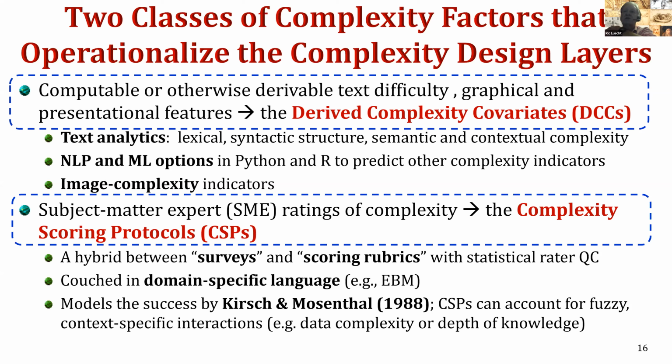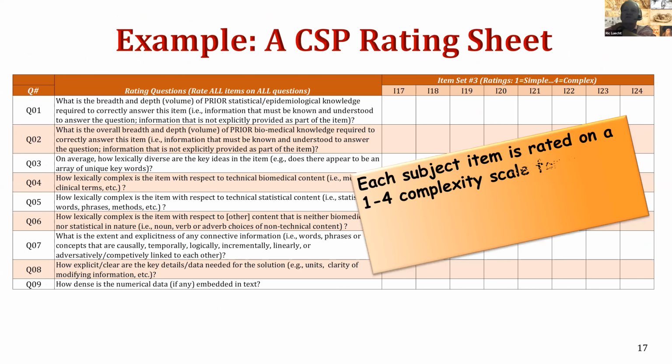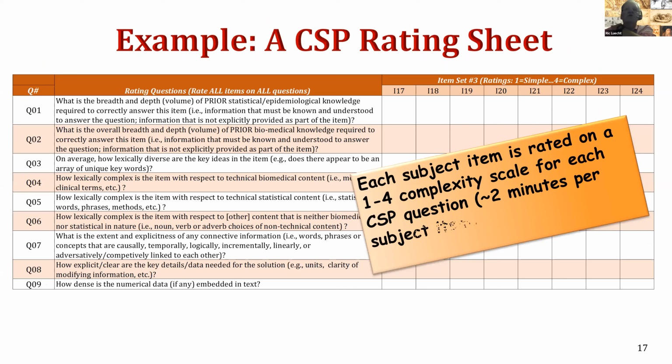So again, this is what it sort of looks like, and I'll show you an example of the study we did in a minute, but they would actually do this type of thing and could do it in about 2 minutes per item. You can have several raters doing it. You can look at inter-rater consistency, etc., and get to a point where they can rate quite a few different features of the items, and those become either an average or individual for a rater, the complexity indicators of these